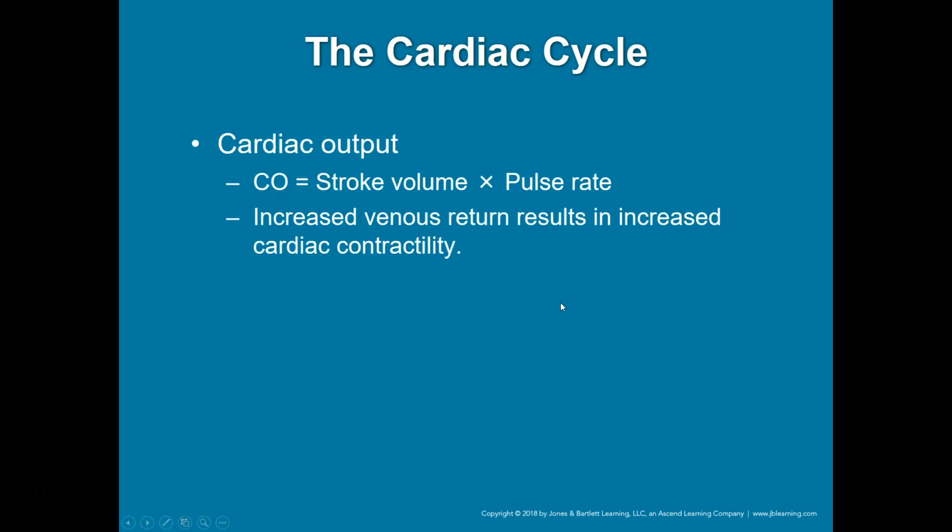Okay, just a real quick refresher on the cardiac output. It's just volume times rate. That's how you can calculate a cardiac output. Increased venous return results in increased cardiac contractility. The heart attempts to equalize volume returned. So whenever more fluid is returned, the heart's going to pump harder and it's going to pump faster